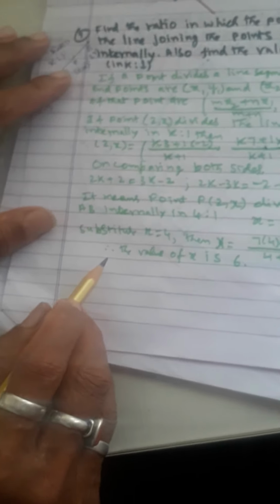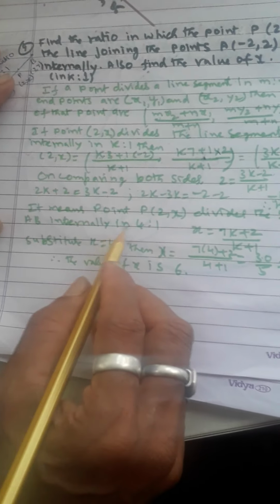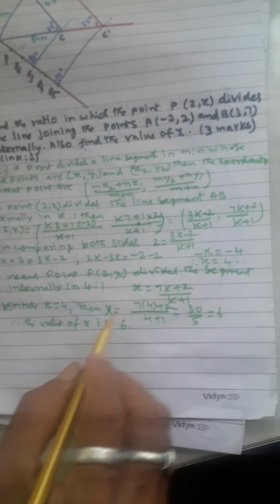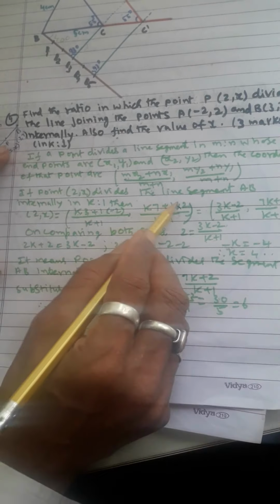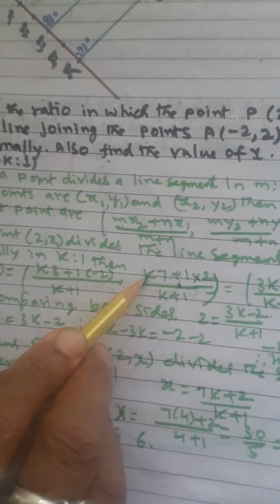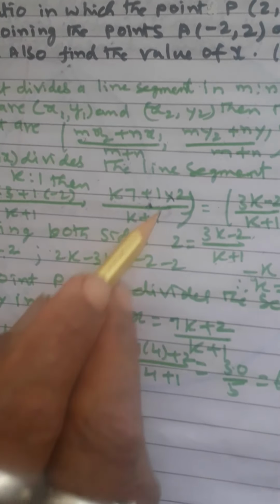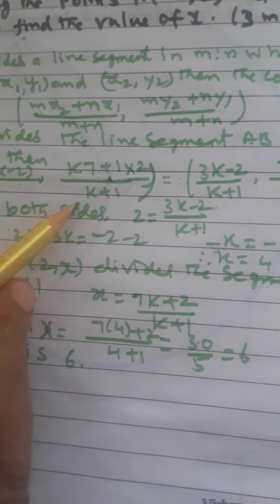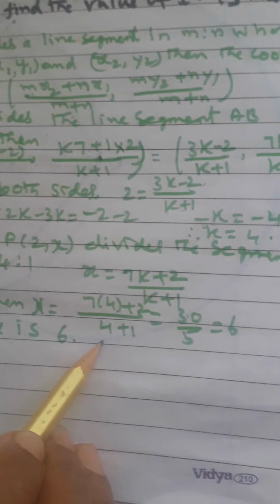Now what is the next thing we have to do? We have to find out the x value. So now what you have to do? You have to substitute that k value as 4 in the first equation. Here only you apply. Where k is 7, in the k place you can apply 4. So 4 into 7 you put, 1 into 2, 2 only you will get. So here also k is there, again 4, this 1 you apply 1. So this value is equal to what actually? So that is equal to this x.